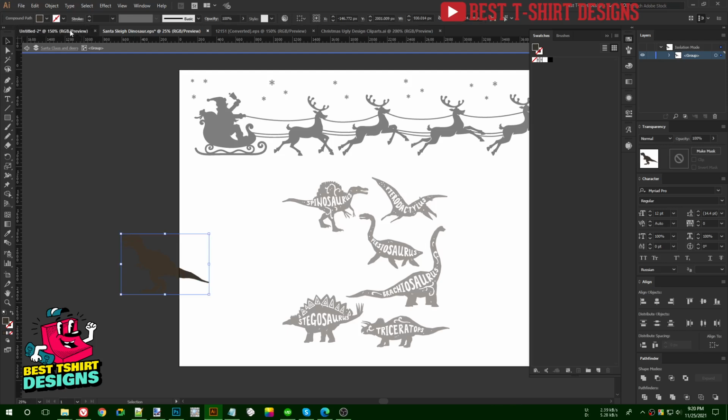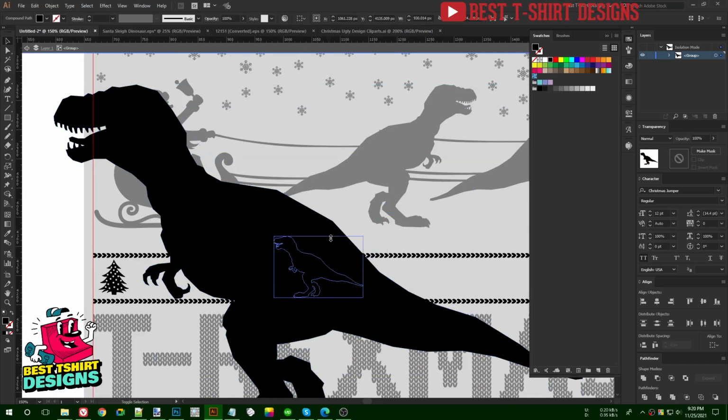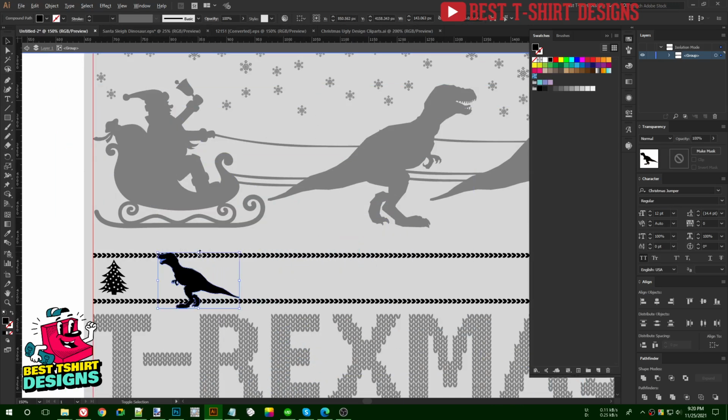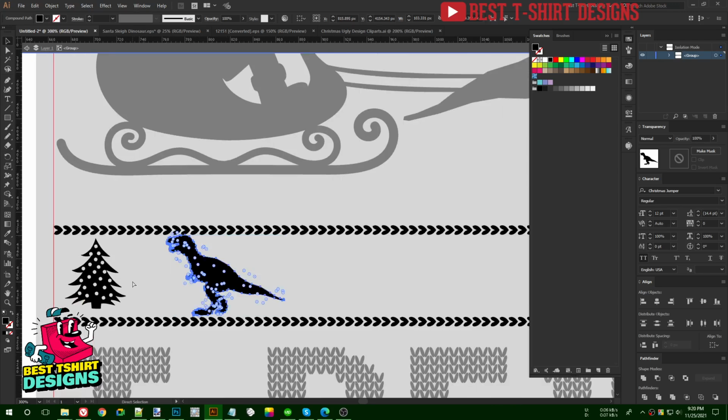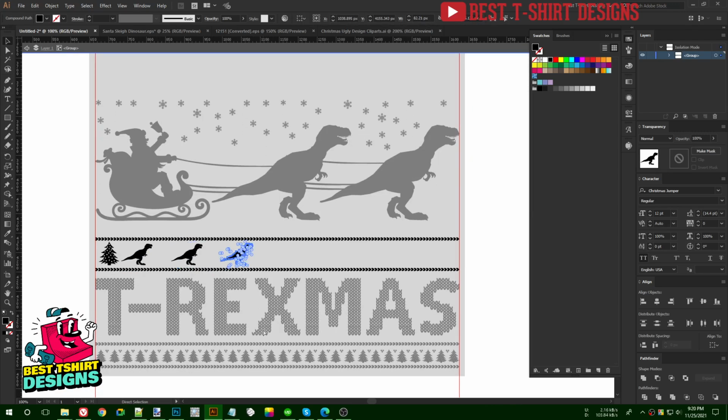And then I'm going to select this one. So of course I'm going to make it black, same as the deer design we did. I'm going to reflect it just like this. So I need one tree here, and then I need another T-Rex here. So this is the way I am going to place them, something like this. Then I am going to place a tree here, then again I am going to bring some of them,